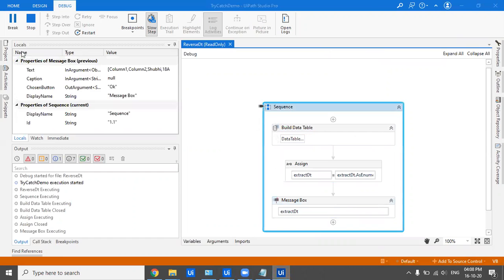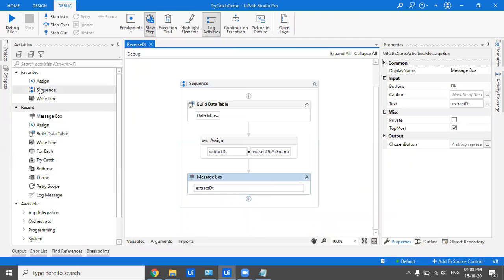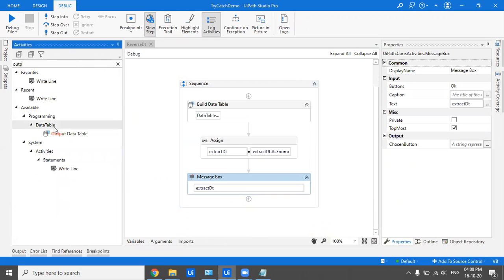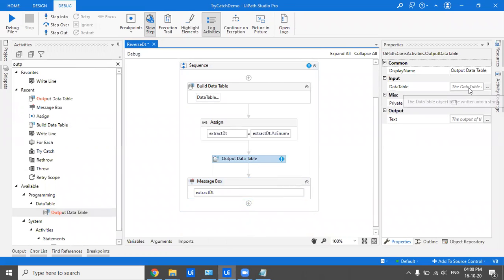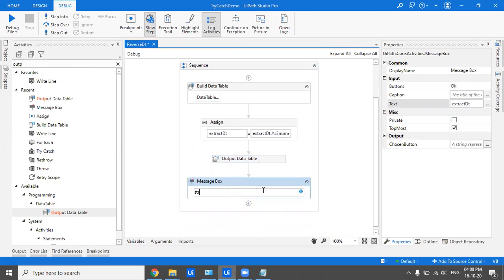Okay, yeah, so that's okay. We are getting this because of obvious reasons. Let me tell you, we cannot just print a data table like that in a message box. It's my stupidity. Okay, so let us convert this data table to string. So extract dt, control K, strdt, and let me print this strdt instead. And let me run it.